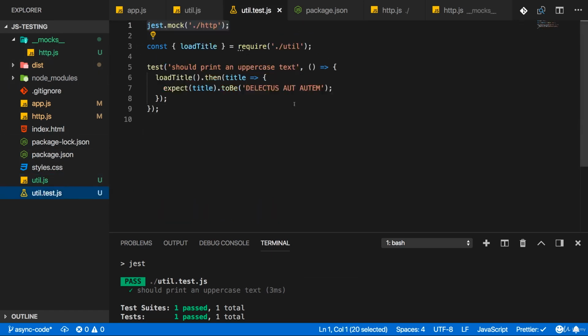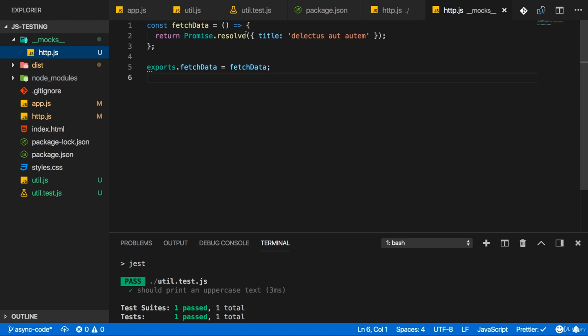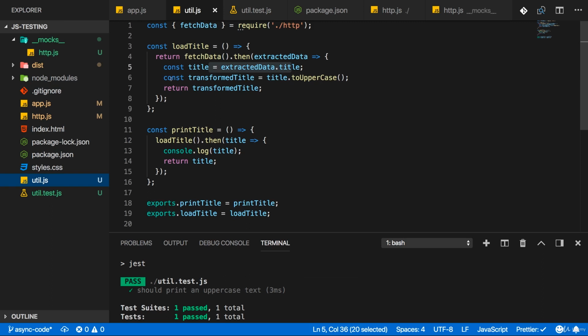And that is the case, otherwise this test would not have succeeded for our mocked implementation of fetch data, where we return an object with a title that is all lowercase, so not what we test for, lowercase, this text. And therefore, since our test succeeds, we know that our transformation here does work. So this is how we can test async code, or how we can replace code, how we can replace functionalities if we